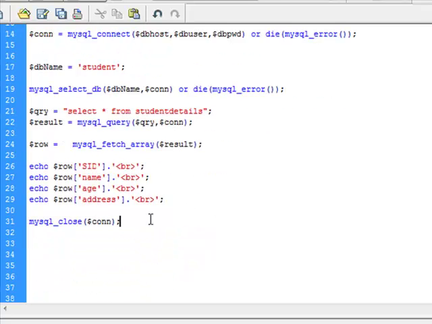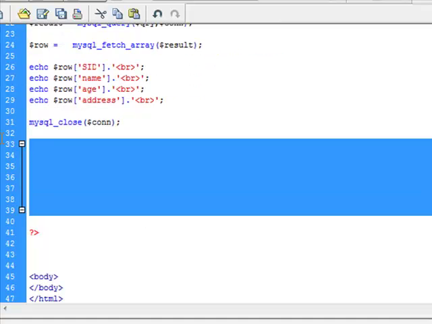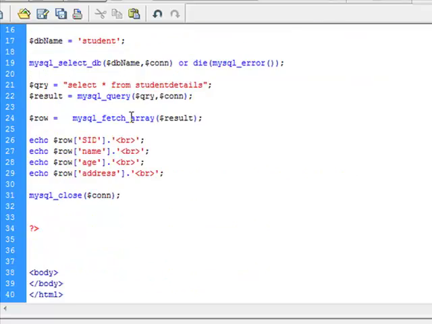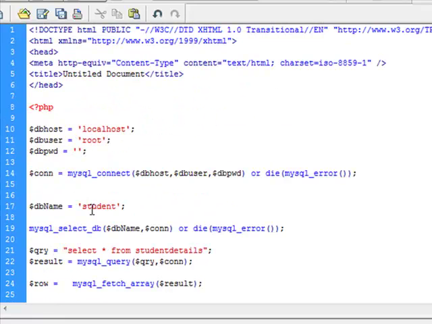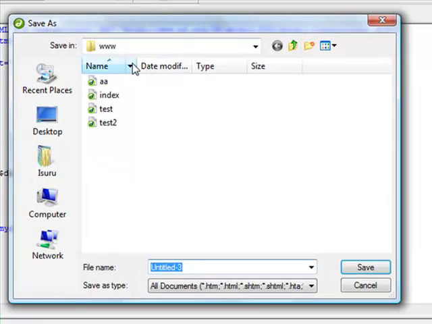Right, perfect. We have closed the PHP tag. Now we have to run and check whether it's success or not. In order to run, we have to save this in